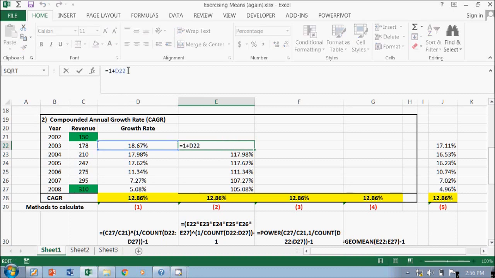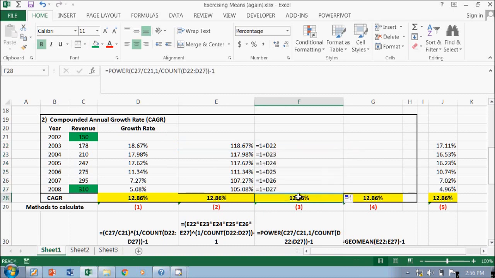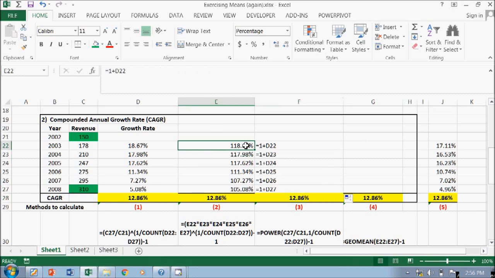So you can see there's a 1 plus D22. I just copy that down. I will put the formula here so you can see the formula that I use. So this is all the formula that I use.